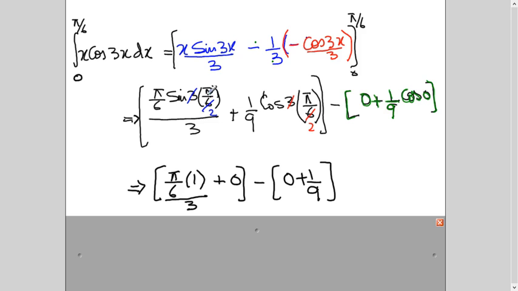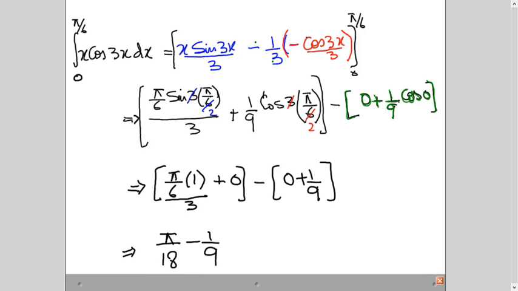Now, if you see here, I will cancel this, and cos 90, because pi by 2 is 90 degrees, right? And cos 90 is equal to what? 0. And sine 90 is 1. So that's why I've written here 0. After that, I'm simply calculating, and I got the integral of this function. The value is pi over 18 minus 1 over 9. Since the question was saying give the answer in terms of pi, we will not further simplify it. Otherwise, we can calculate it and give the answer in 3 significant figures.